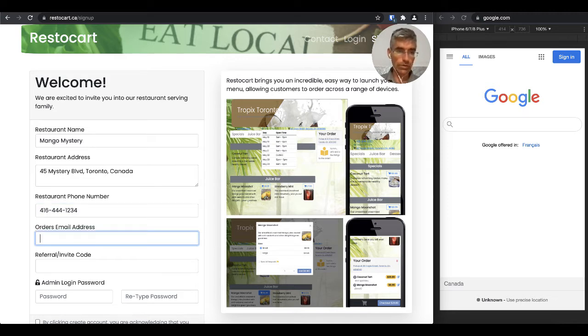And we will send all the emails to info@mangomystery.com. Now this is going to be your login email as well, so keep that in mind. Referral code, if you have a referral code, put it in here. This will allow you to get potentially a longer trial or some other benefits. And this will be your login password. So I'm just going to